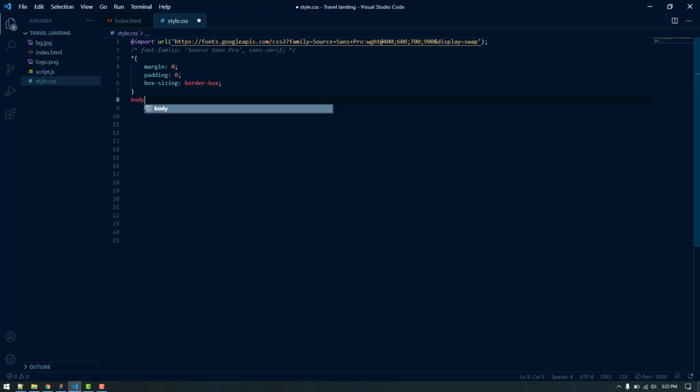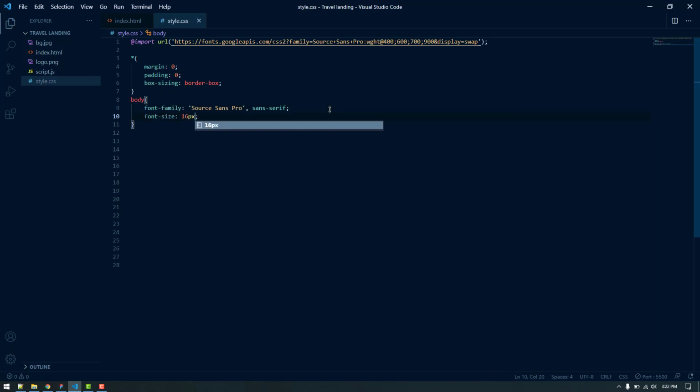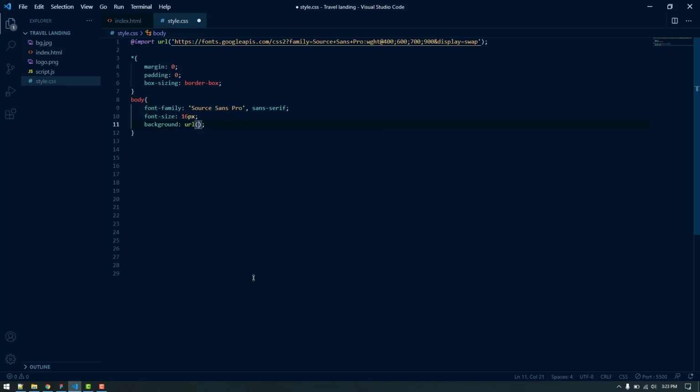Now let's move on to the body, and we are actually going to add the background with it. Let's first add the font family. Let's define a font size of 16 pixels. So if we use the rem unit, it will be one rem equal to 16 pixels. That will be a baseline. Now let's use a background. So for the background we can add the bg.jpg. Let's save,